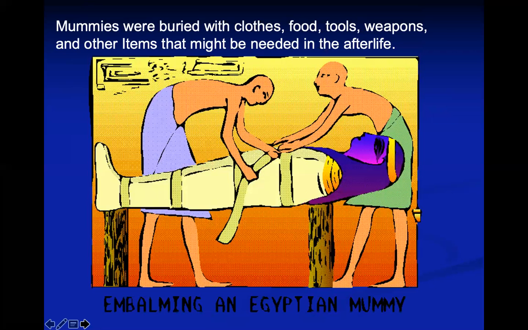Mummies were buried with clothes, food, tools, weapons, and other items. Something, once again, you could write about. The Pharaoh dies, and they help bury him with all his stuff. Remember that in ancient Egyptian society, a lot of times the dead mummy was buried with the people who assisted them, like their slaves. A lot of the slaves were in there.